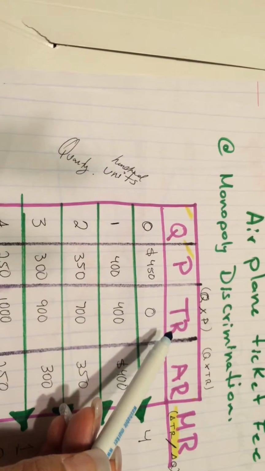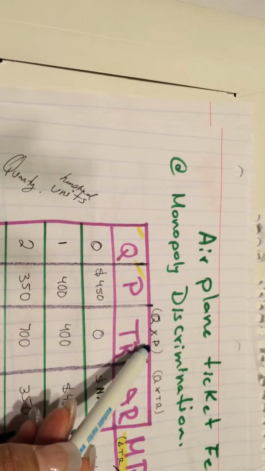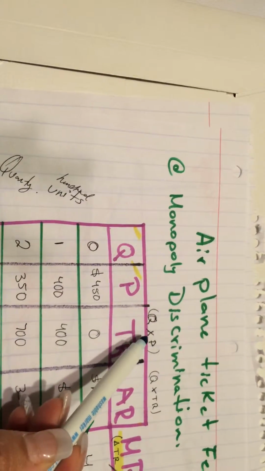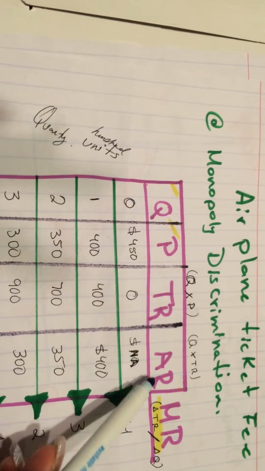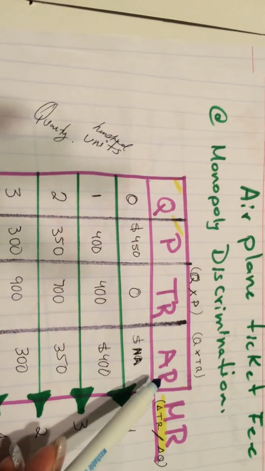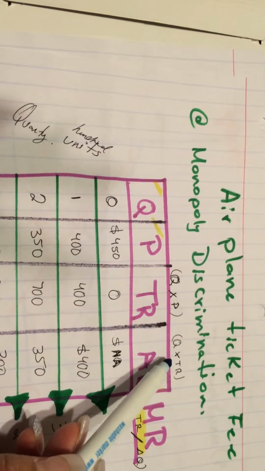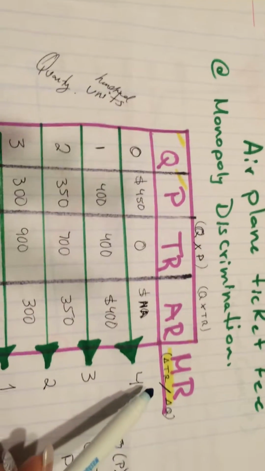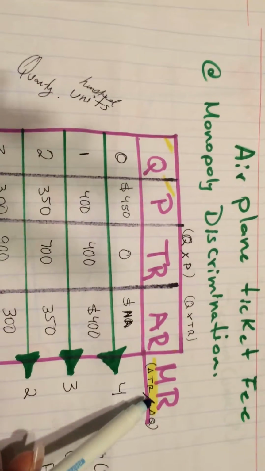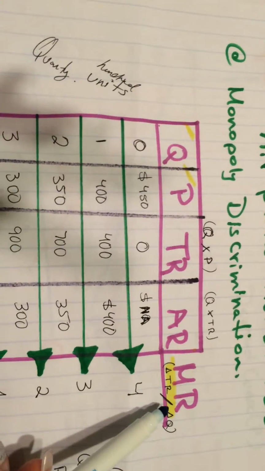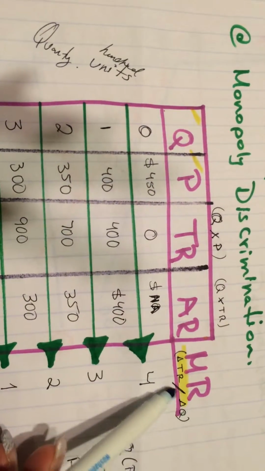revenue. To always get the result for total revenue, you have to remember the formula, which is quantity times price. And then we're going to be able to solve for the average revenue. For average revenue, you need to remember the formula, which is total revenue divided by quantity. And then to end, we need to know the marginal revenue. For marginal revenue, we need to remember that it's always the change in total revenue divided by